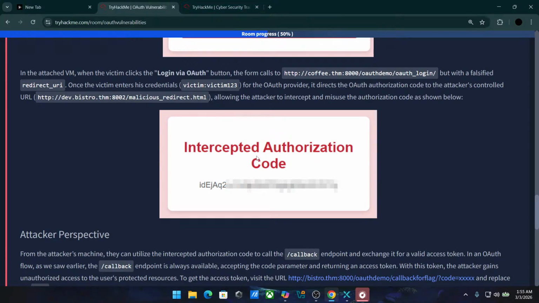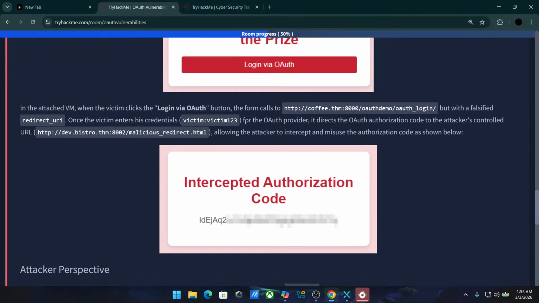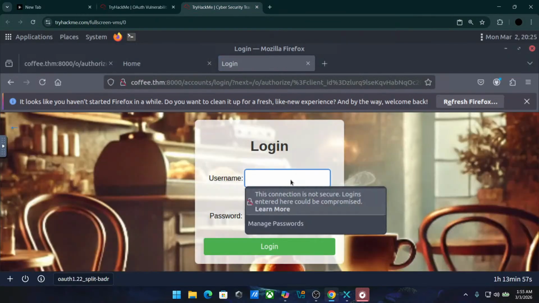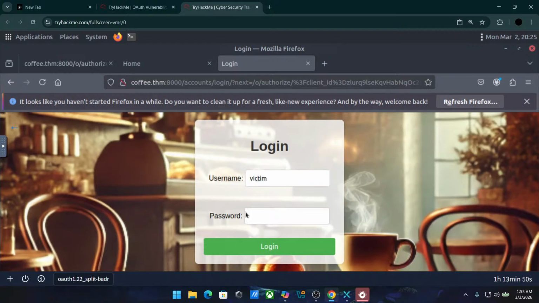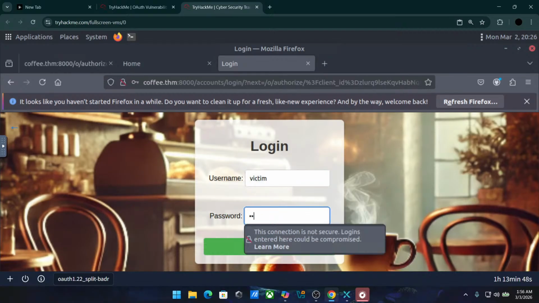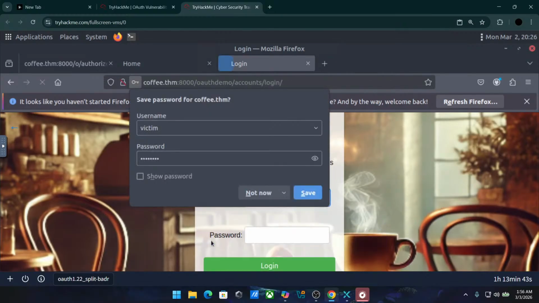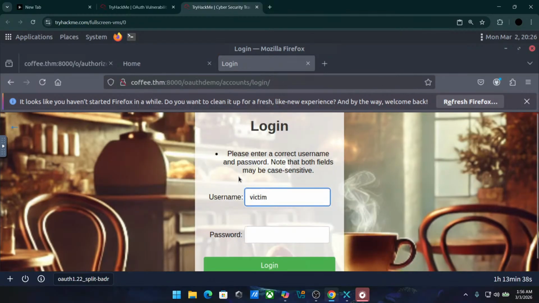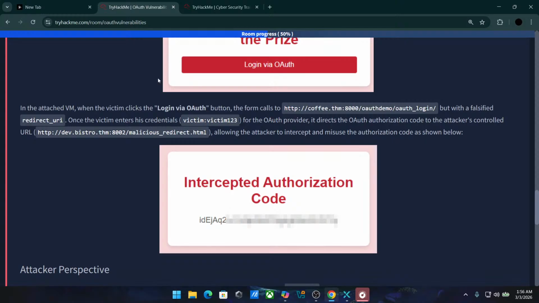Let's see. We will do this first. Let's try that. We need to log in. We will log in as victim, and then there is victim 123. Let's try it to log in. Not now. Please enter the characters. I don't know the spelling, man. Victim, victim,